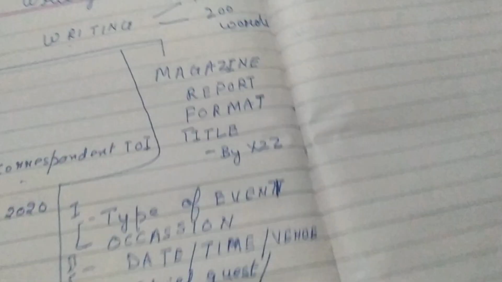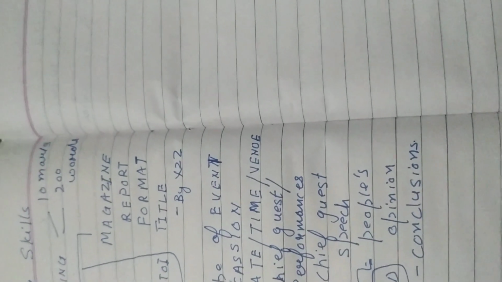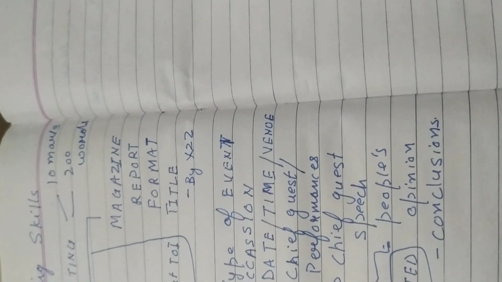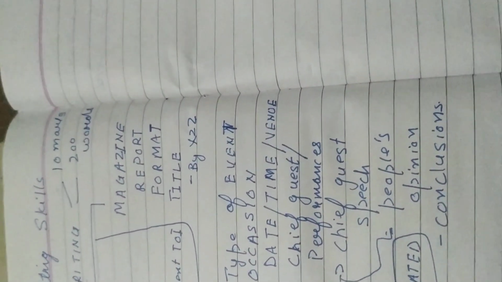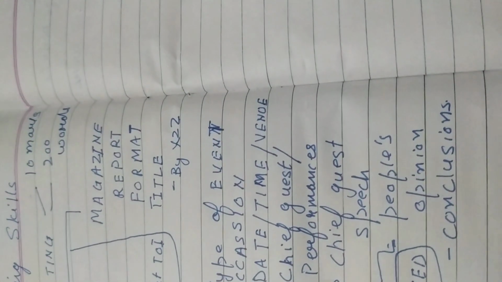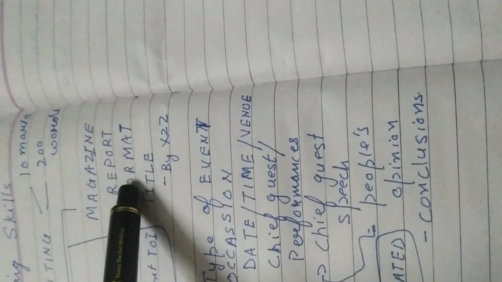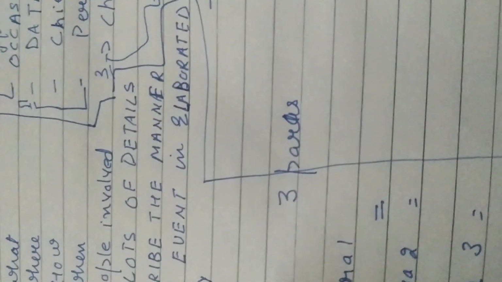Now we come to the second category of report writing, that is magazine report writing. Dear students, you must have read this kind of report so many times, even in your school magazine. Like any accident, any function that happens, any assembly that happens, we report it. Okay, you are quite familiar with this kind of report writing. Now, its format has a title and it has only the name. It does not have the designation.